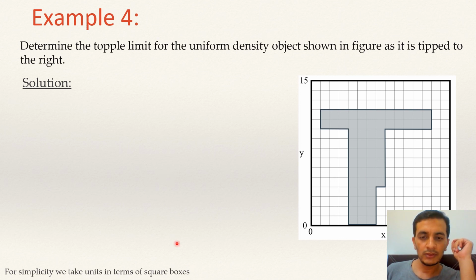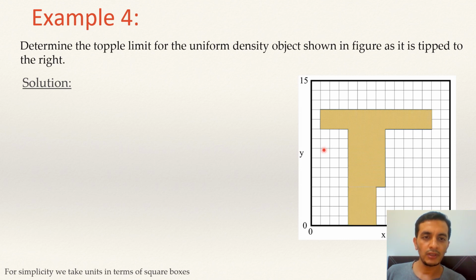So in order to do that, we will use the same technique as before. First we will divide it into regular shapes like this: one rectangle, two rectangles, and three rectangles. Okay, and after that we will find out the center of mass of this object. So once we have found out the center of mass,